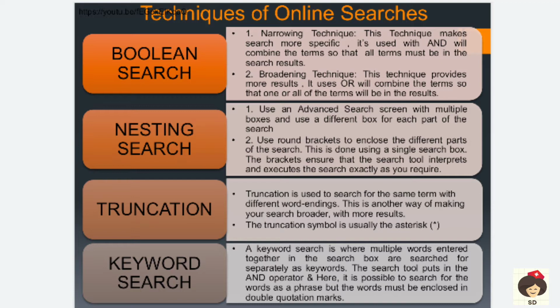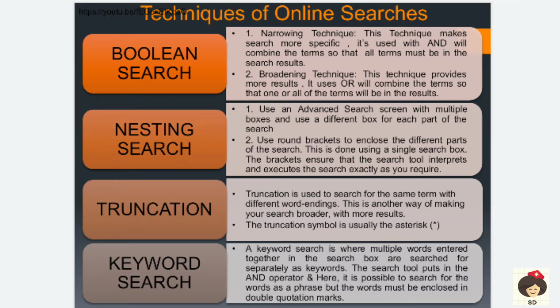And the next technique is broadening technique. Here we will use multiple words with the word OR, like type 1 diabetes mellitus OR juvenile diabetes mellitus. Like this we use multiple words with the letter OR. This is a broader area where we will know about all the types and other aspects of diabetes mellitus. Here the search results are very wide and we use OR.